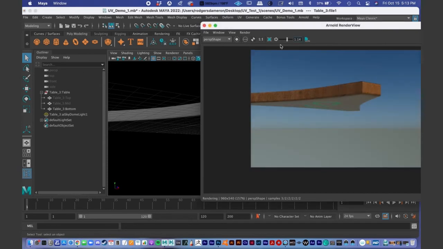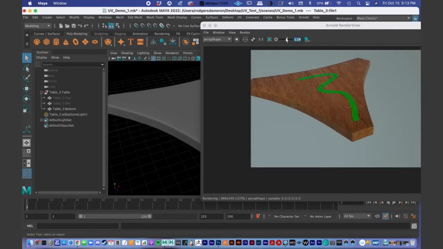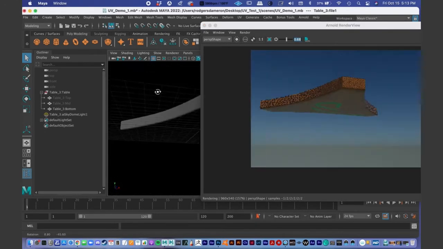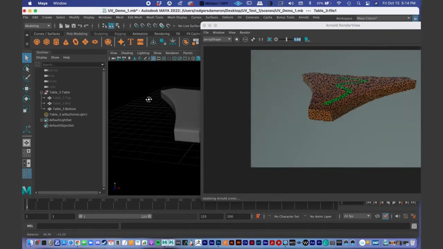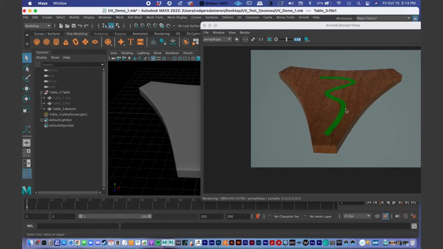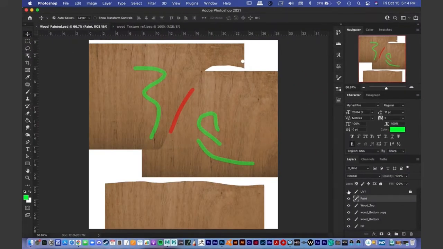Just boost up the exposure a little bit just to make sure it's visible. And so yeah, that's the main way you apply a wood texture to an object. And remember here in Photoshop, I painted green in the area inside the lines, and then I painted red outside of the lines in Photoshop. So if we just open up Photoshop again, turn on the UVs,